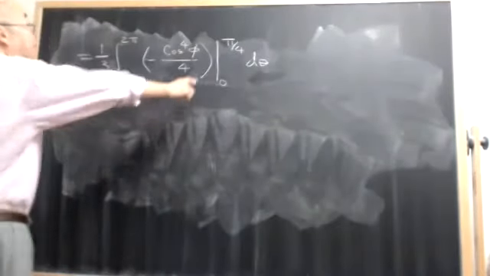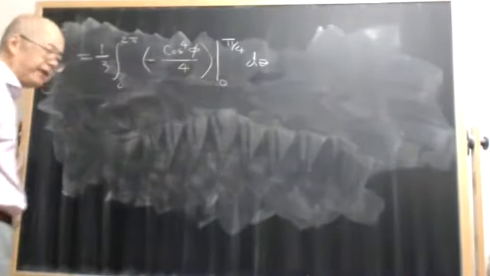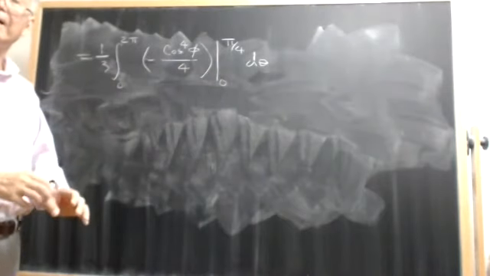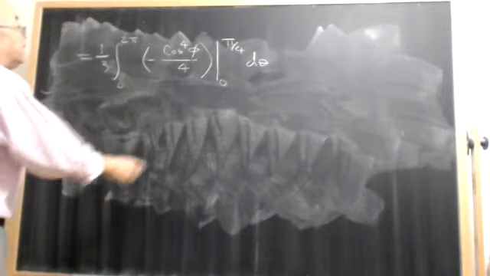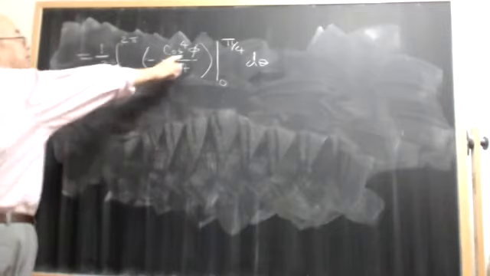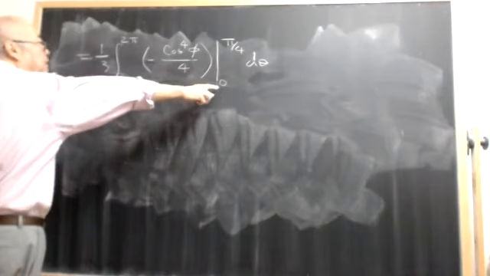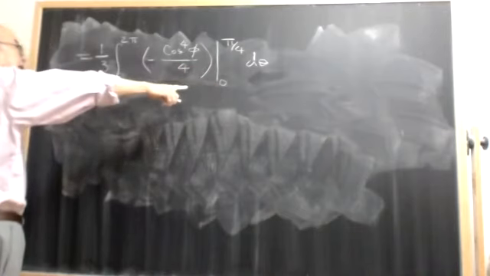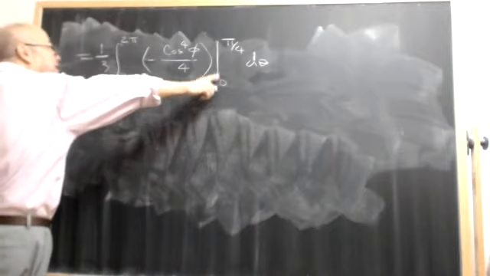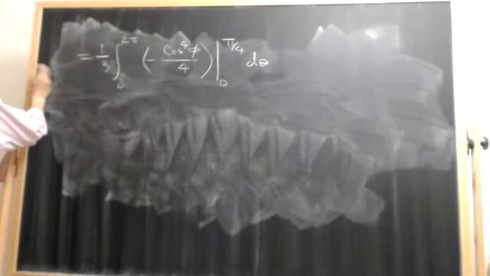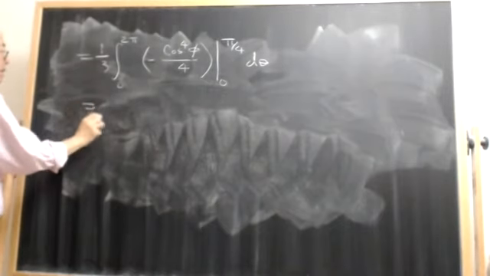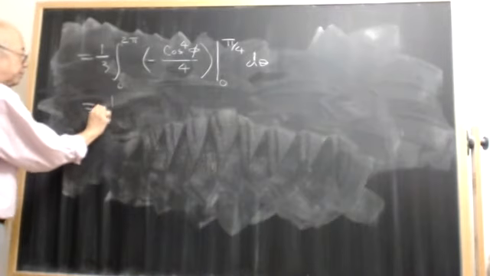And then finally, I am going to integrate with respect to theta. Okay, then I put pi by 4 into phi. What is cosine of pi by 4? 1 over root 2 or root 2 over 2. And then you put phi equal to 0, and then you subtract. When you put phi equal to 0, you get 1. So I am going to get 1 over 12